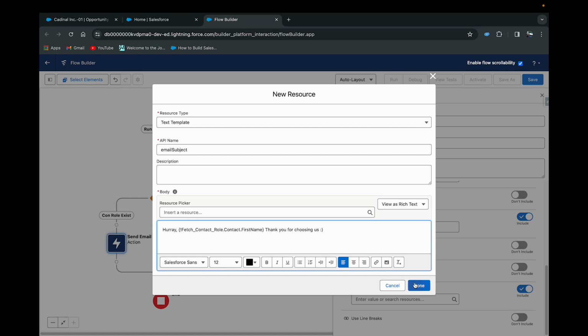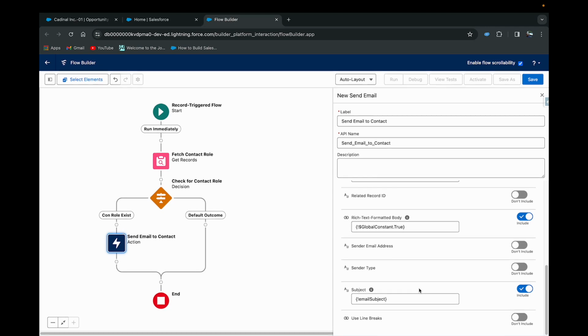Now what I need to do, I need to simply click on done, and here I provided the email subject,